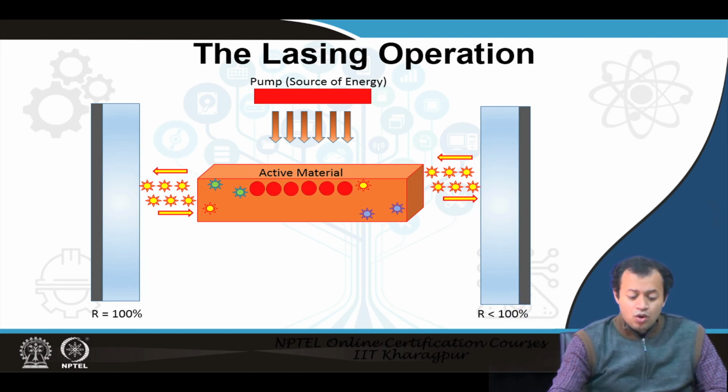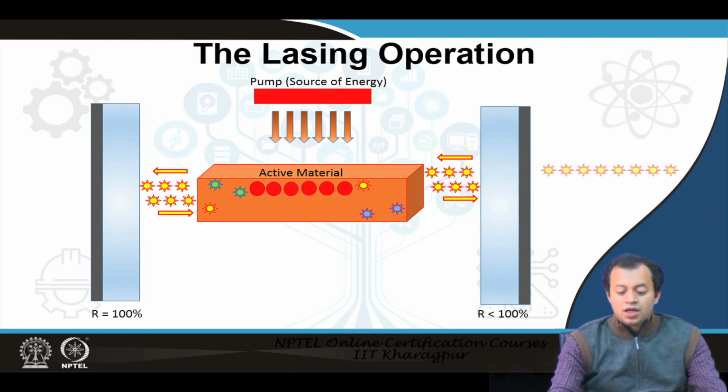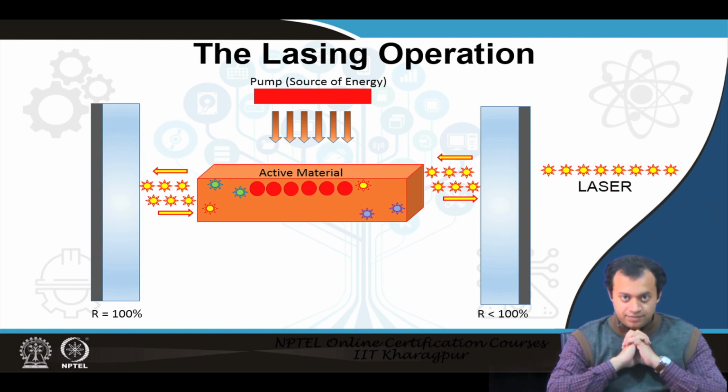What do we do next? These sides are two mirrors. One is perfect, whatever falls on it gets reflected back, since reflectivity is 100%. This one, the reflectivity is a little less, meaning this is not a 100% perfect mirror. So, whatever light or photon falls on it, a tiny percentage can go out. This tiny percentage that can actually go out, that prevents the system from overloading, is your laser. You can rewind it several times to see what I just said.